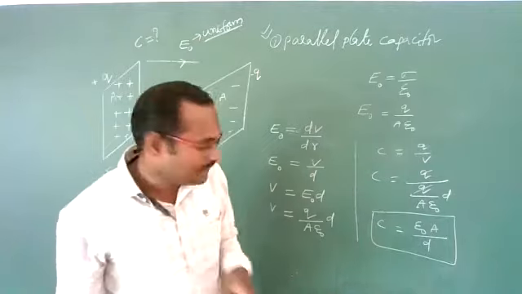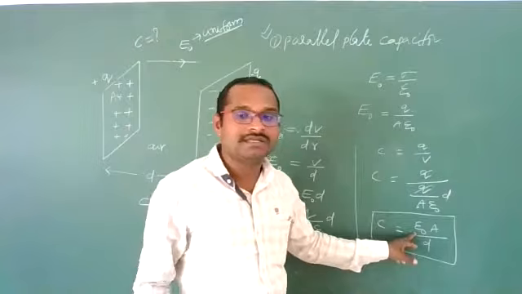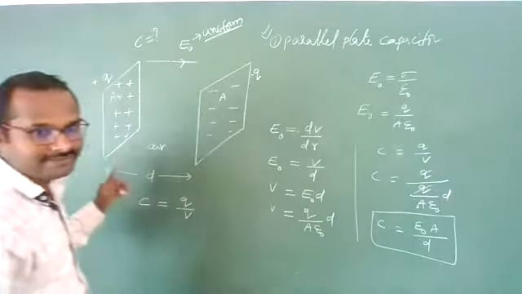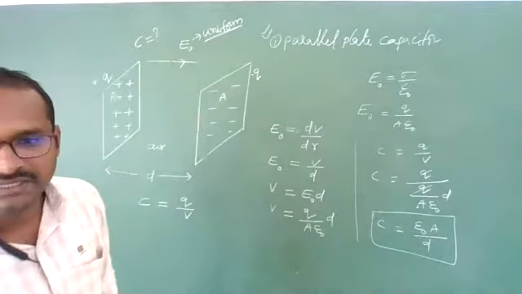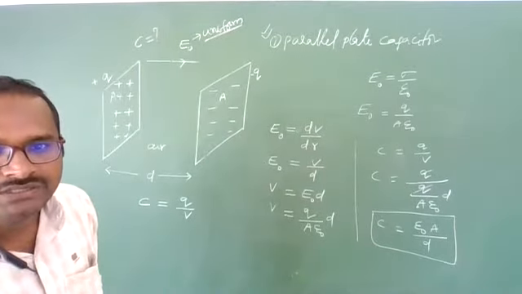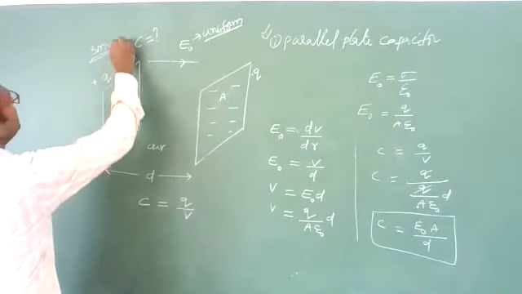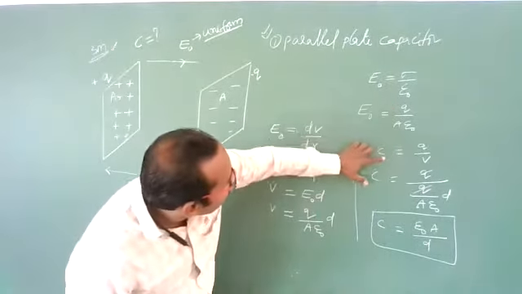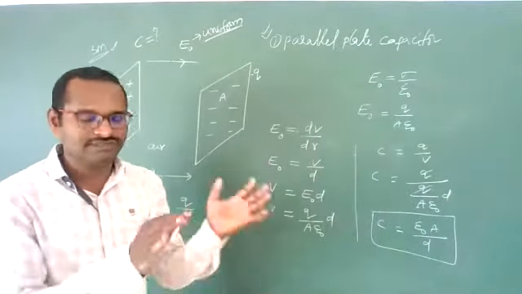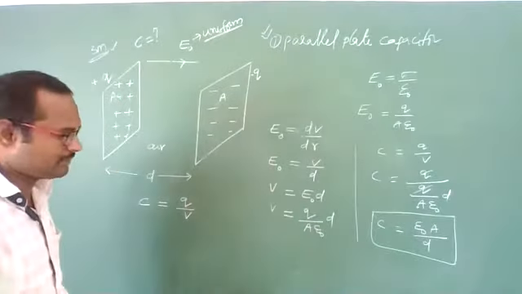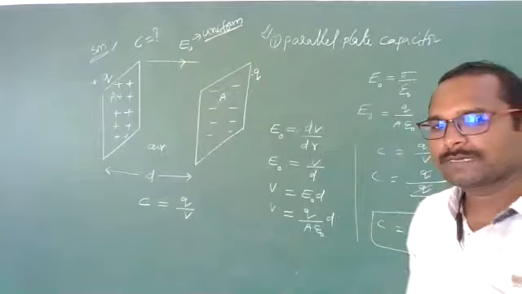And one more thing, the area of the plate should be more, and it also depends upon the permittivity of the medium between the two plates. This is the expression for the capacity of a parallel plate capacitor. Any doubt in this? It is a very easy expression, which they may ask you for 3 marks in the board exam, and on this topic, you need to remember these formulas. You will get objective questions also. We will see how they will ask while doing objective problems. Clear? Any doubt in this?